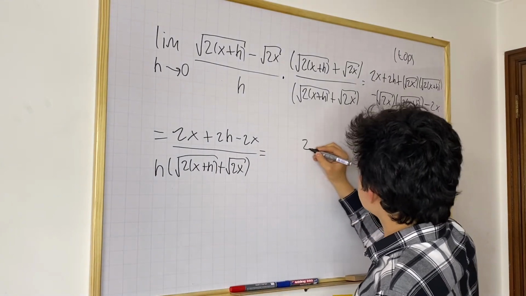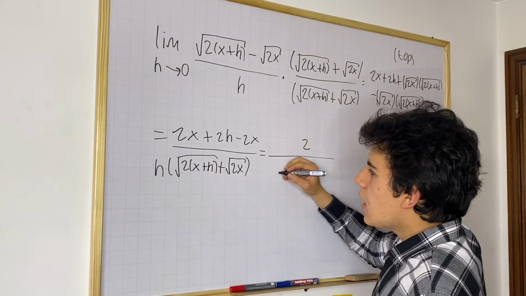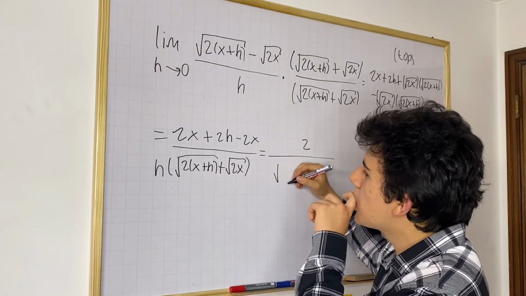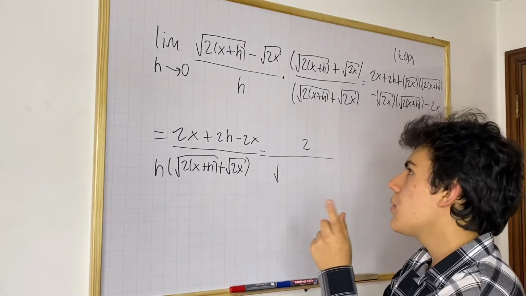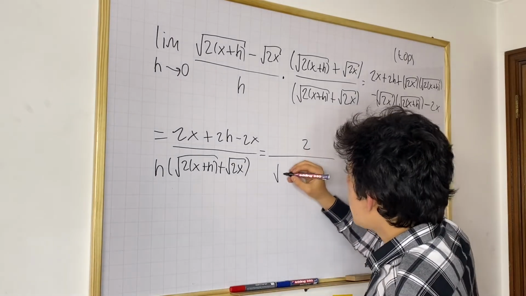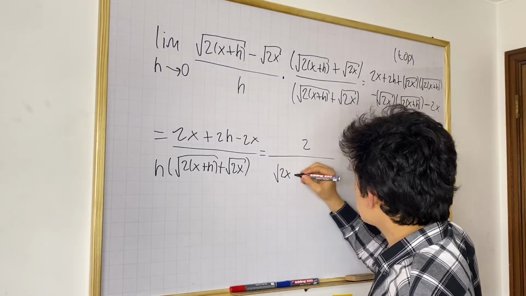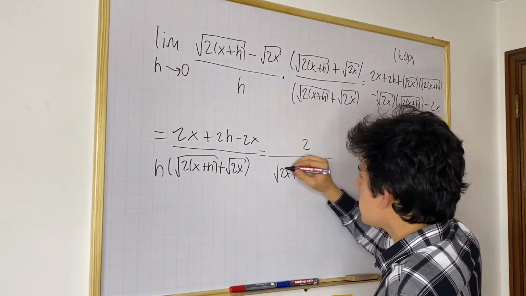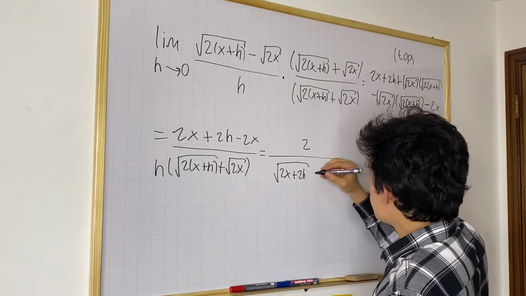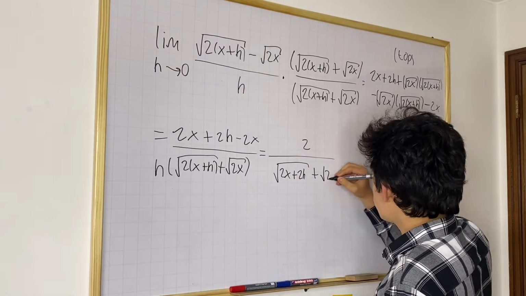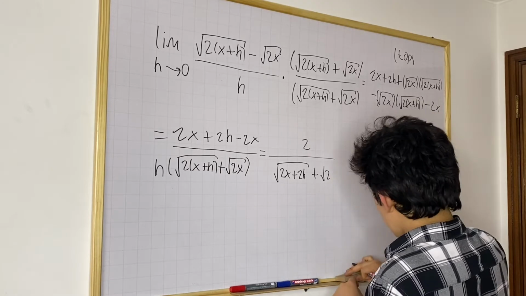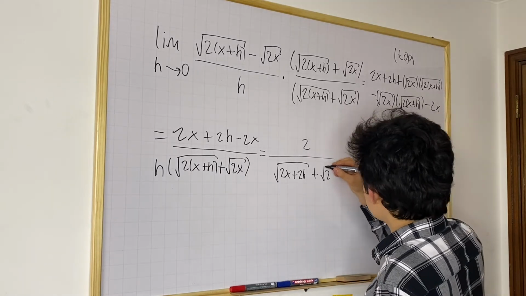And we're gonna get 2 over square root of, should I distribute it? Oh no, it's 0 square root of 0. Yeah, that's it, so we're good. I'm going to distribute now. So 2x plus 2h. I'm just distributing these 2 into these terms. Plus square root of 2x. So now our left term, the 2x plus 2h,